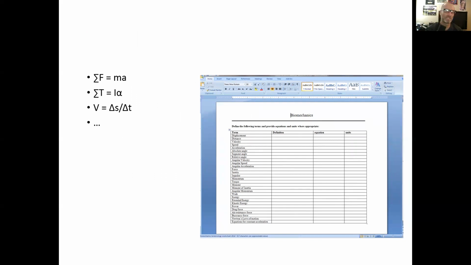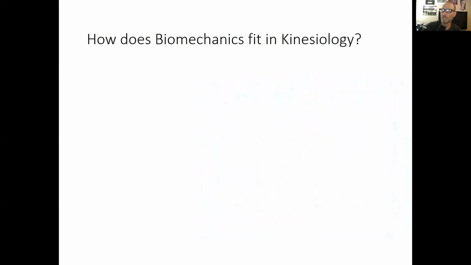And you'll see that our focus this semester has really been on kinetics. So keep that in mind, that the number of questions in the final exam will be more geared towards kinetics versus kinematics. All right, but really what this course is designed to do is sort of explain how biomechanics